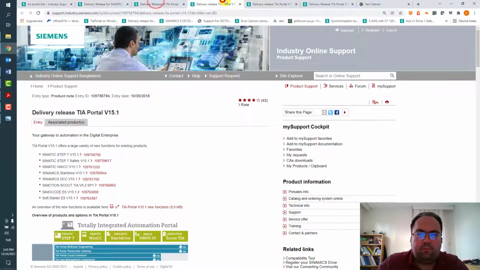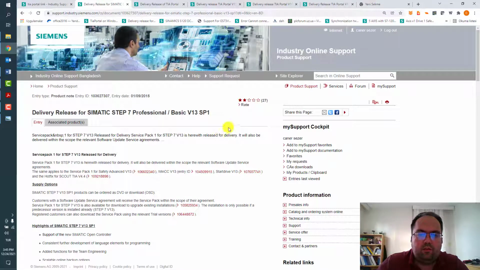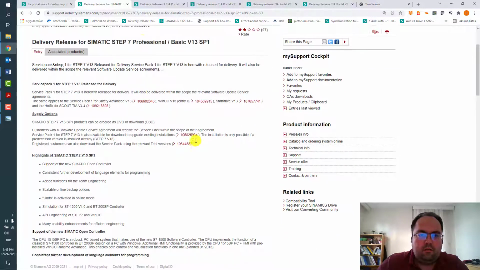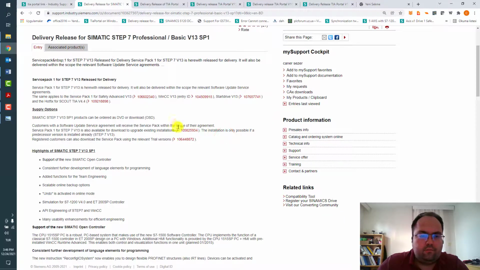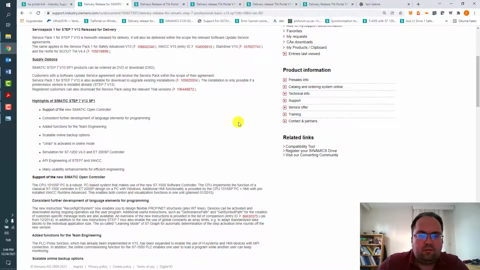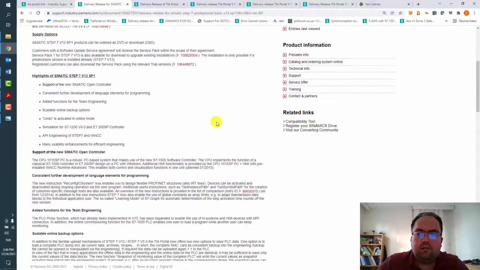So one by one, I opened each version's information from version 13 Service Pack 1. If you copy this entry ID and enter it here, you will get the related page. If you spend some time here, you can get information related to innovations and new functions of TIA Portal.